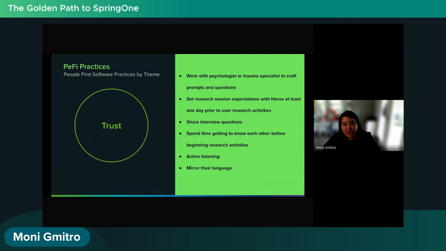We share the interview questions with our heroes before they join the session so that they have a sense of control over what they are going to talk about and what they don't want to talk about. We also spend time getting to know each other before we begin the research session. And then we practice active listening,